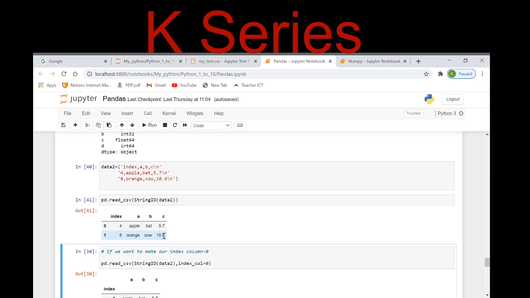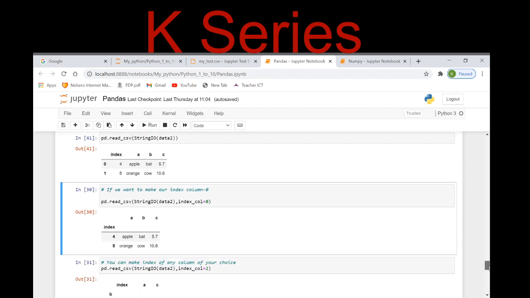But if I want to make our index column 0, now it should be column 0. Now you must be saying that by default it is not column 0. See here, it won't take index as an index, but as a column. So this is the difference here.